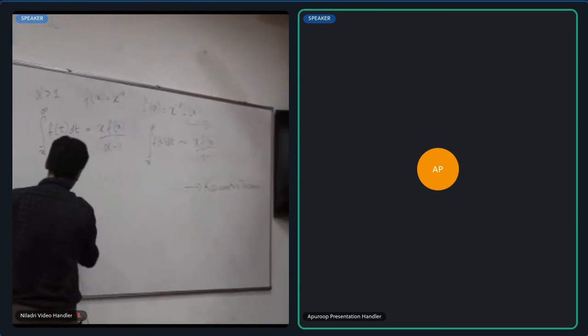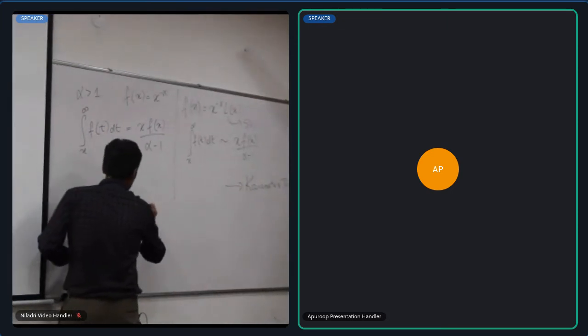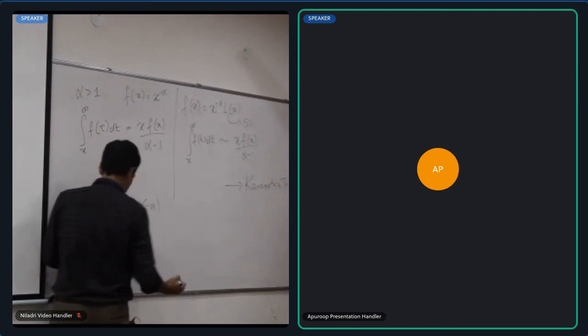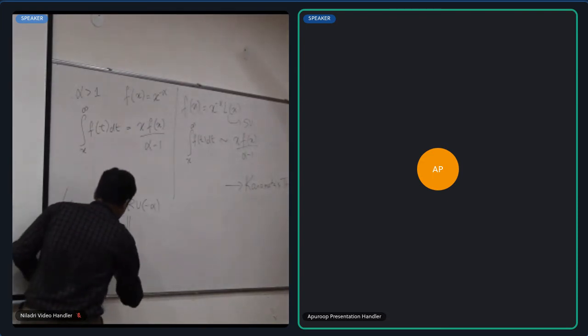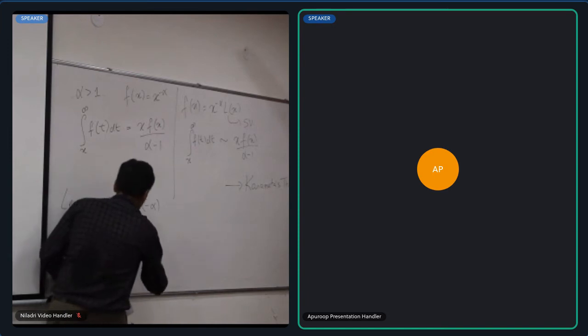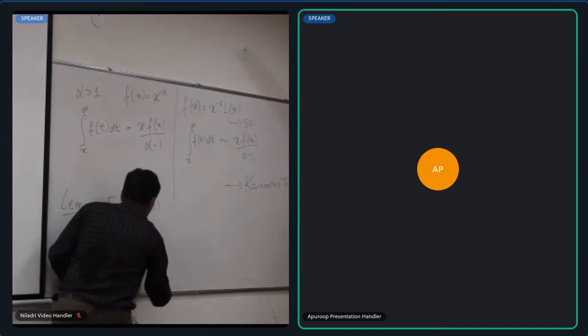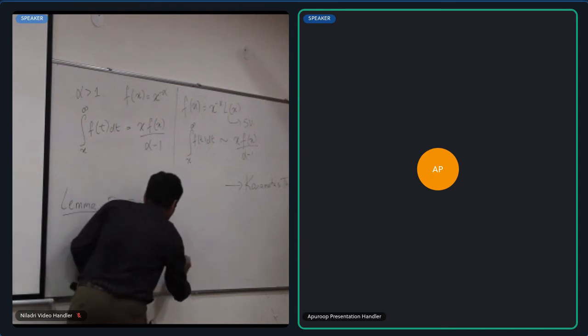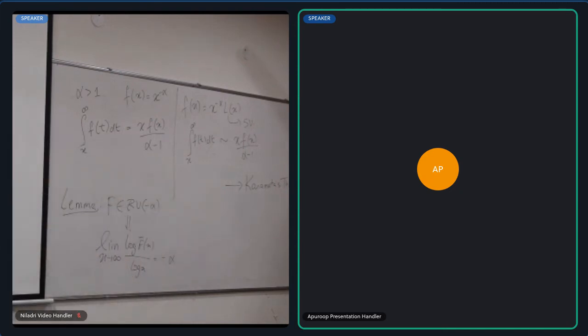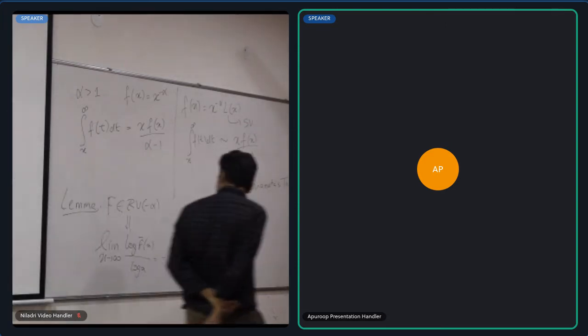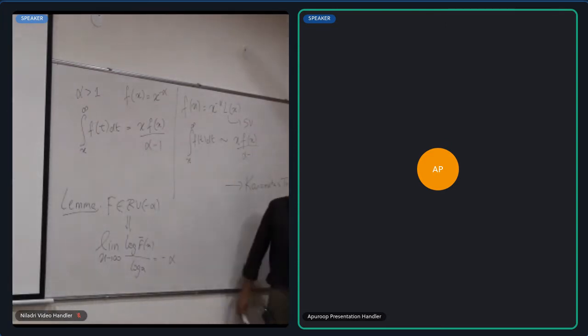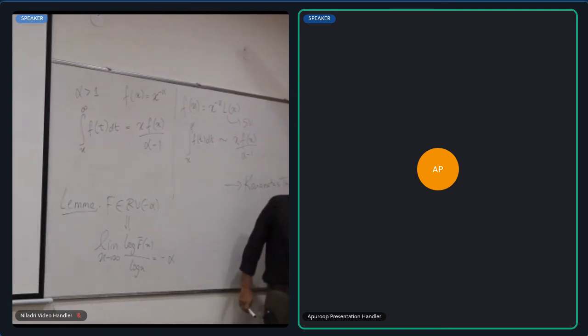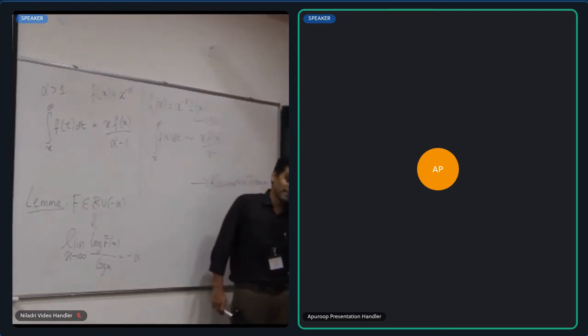Okay, so the final result I will mention is that if f is regularly varying with index minus alpha, it implies the following. It implies that the limit as x tends to infinity of log of f bar x upon log x equals minus alpha. Can somebody interpret, any of the students, can they interpret this result? If f is regularly varying with index minus alpha, then the limit as x tends to infinity of log of f bar x by log x goes to minus alpha. This again is a generalization of a statement I mentioned about the Pareto when we were discussing that.